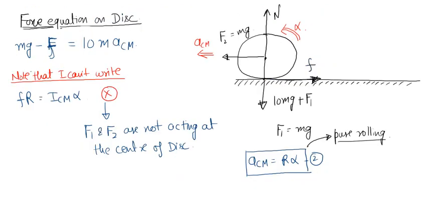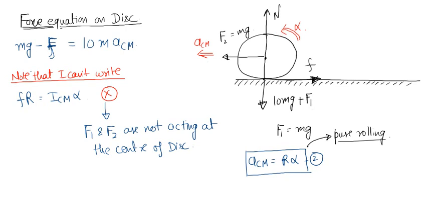So in this slide, I am trying to write the force equation on this disk. Again, I have drawn a free body diagram here also. 10 mg plus F1 is the net downward force. F2 is the horizontal force. Small f is the force of friction which is acting towards right. And this is the normal reaction which the ground is exerting on this disk in upward direction. ACM is the acceleration towards left, sorry, not right, and alpha is the anti-clockwise angular acceleration of this disk at this instant.